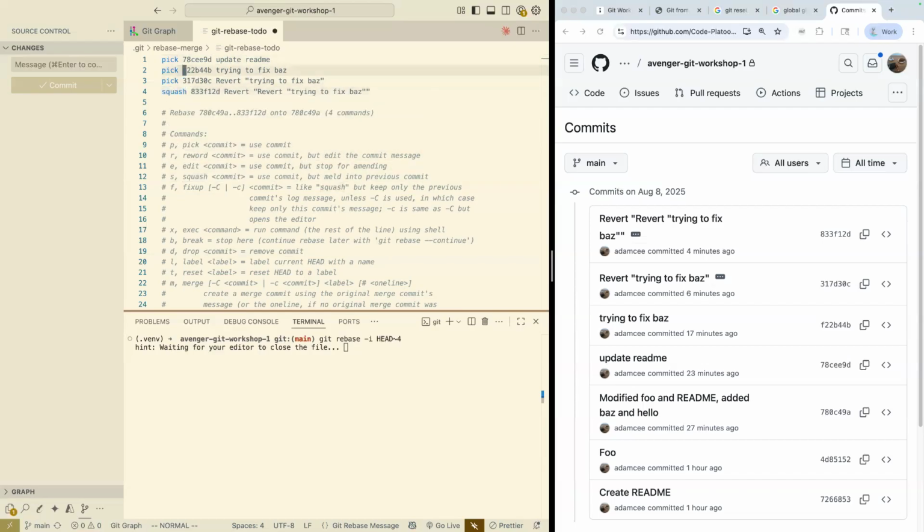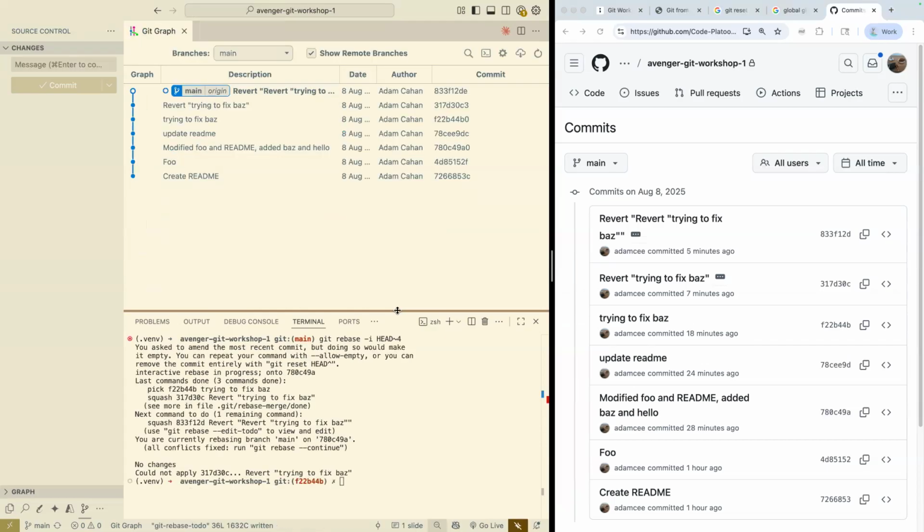So the order here is the oldest is at the top and the most recent is at the bottom. So by changing pick to squash, it's going to combine this commit with this one. And now if I change this, it's going to combine both of these into this one. And now when I save this,